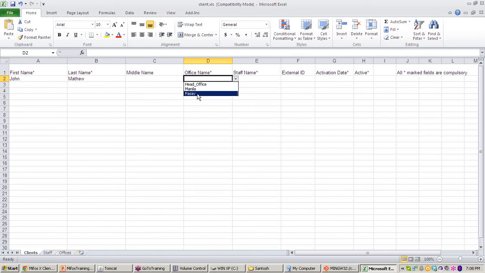Let me select the office Pasay, and here also the staff name, they are already created. We have already created offices and staff in the first step using the front end, that is the community app for Mifos X, and here you can choose the staff for that specific office. External ID is mandatory, and activation date, this is a mandatory field, you have to provide it. And let's give an activation date, a very simple date which we can easily remember,